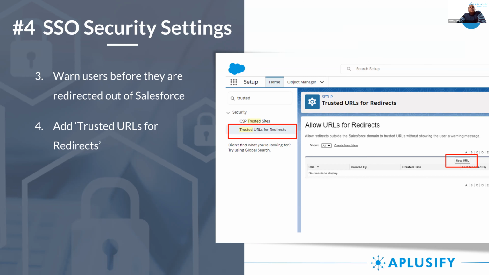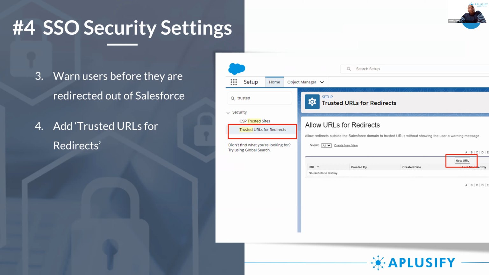And again, you just have to click that setting. And even if you are redirecting them out of Salesforce, you should list the website names or URLs where you want to redirect them, because there may be just 5 URLs you want them to go to.